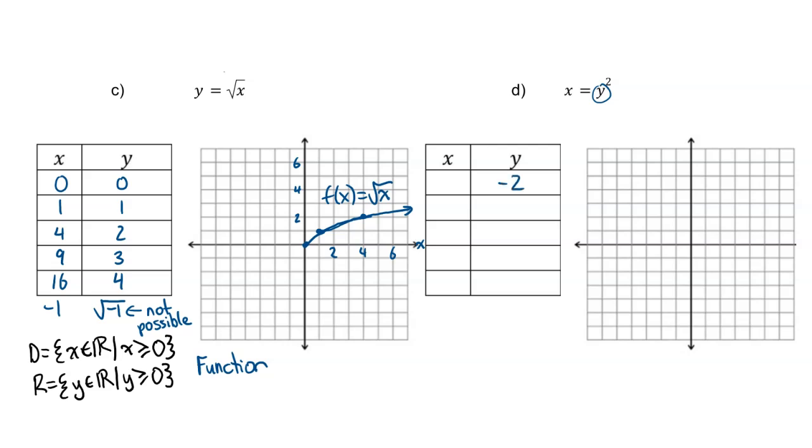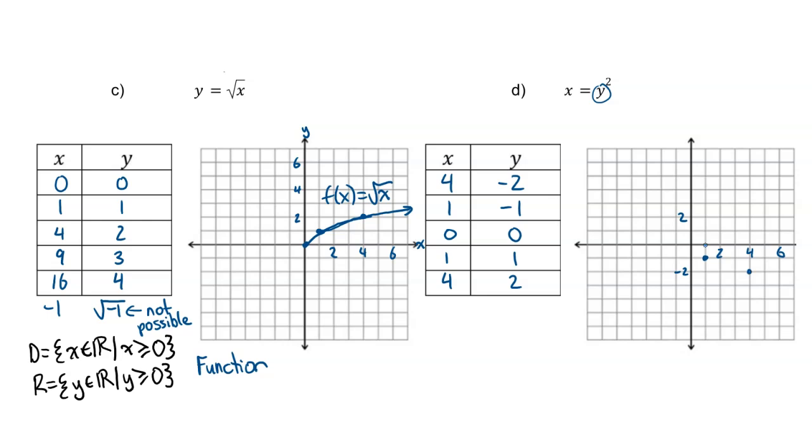Because the y values are squared, I'm going to give the y values first and then square them to determine what the x values are. And so as we do that, you get negative 2 squared is 4, negative 1 squared is 1, 0, 0, etc. And so we go to label those points on the graph, and what we actually get is